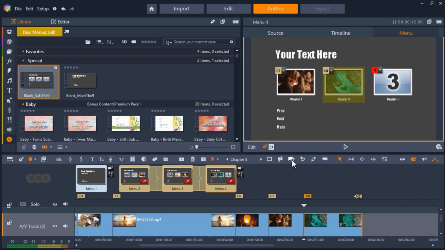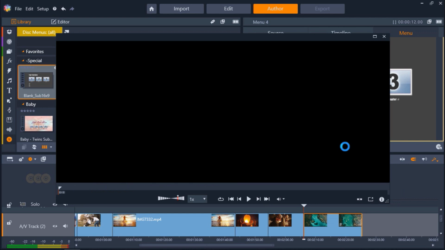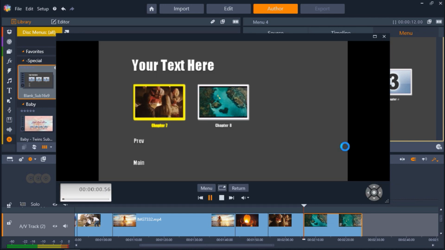So now as you can see, I have 8 chapters linking up to each of my video clips. Notice that I have this thumbnail here blank, but don't worry about that because when I click on the play button, which works as a DVD player simulator, you'll see that the blank thumbnail won't be visible on our DVD menu. Now let's go back to our timeline, and there's something really important we need to do so that all